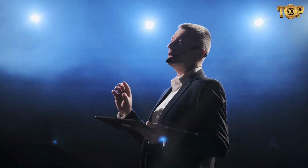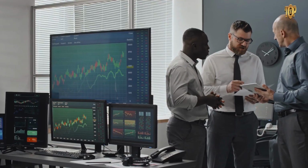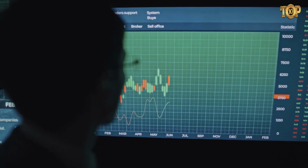Tip number 2, learn from successful traders. One of the best ways to become a successful trader is to learn from successful traders. You can do this by reading books, attending seminars, or following successful traders on social media. Learning from successful traders can help you develop new trading strategies, improve your risk management techniques, and gain a better